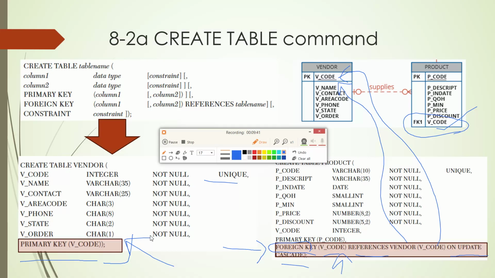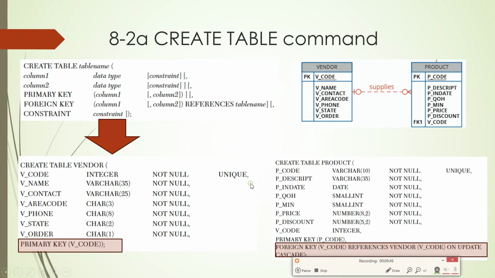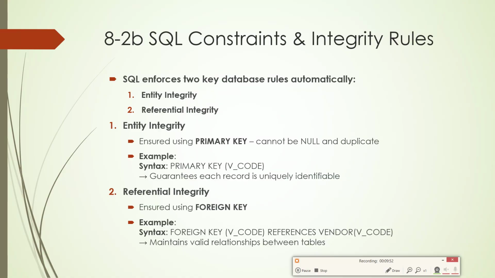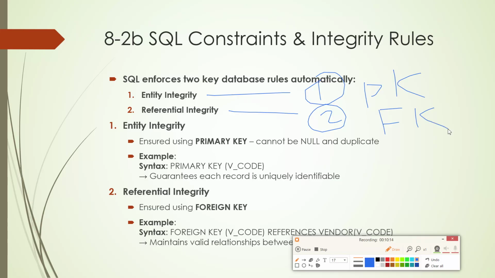Now, the constraints that I told you about: there are different kinds of constraints, but the most important ones are integrity and referential integrity. Integrity is called the primary key constraint, and referential integrity is called the foreign key constraint. And for syntax, we already discussed that for the primary key you write primary key, and then the attribute inside the parenthesis. And for the foreign key,